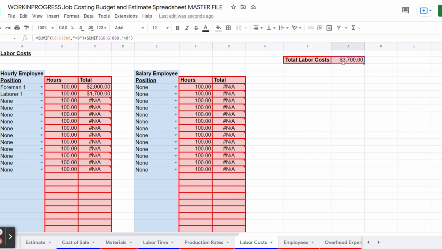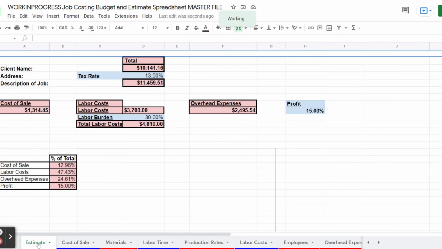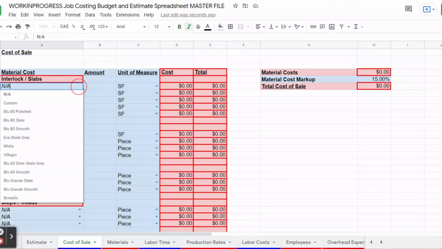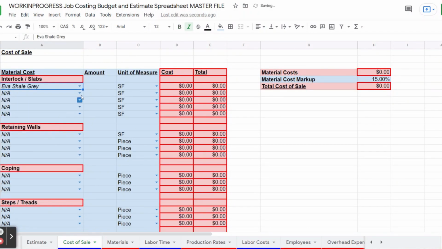We talked in the previous video about budgeting and how all of our overhead expenses are also included in that hourly rate. We then need to come to material costs, and this is quite easy to do. So we're going to run through this. We're just going to say interlock 1,000 square feet for this project and all the base material that we need.